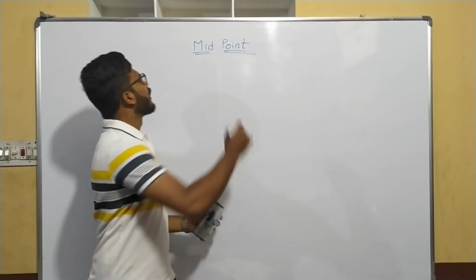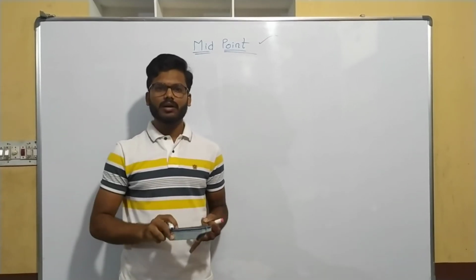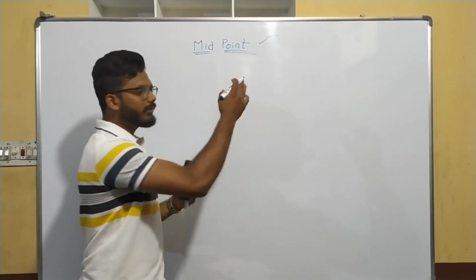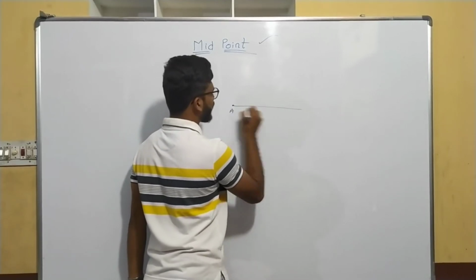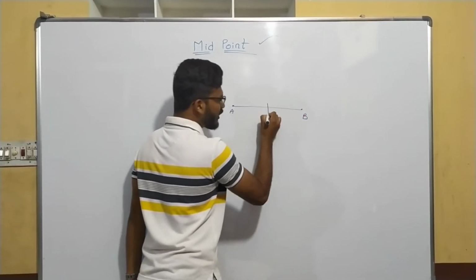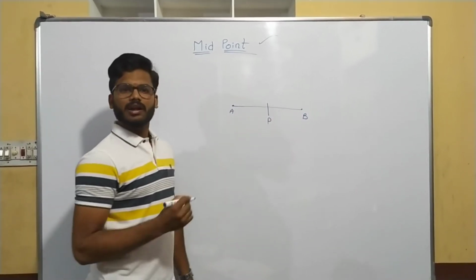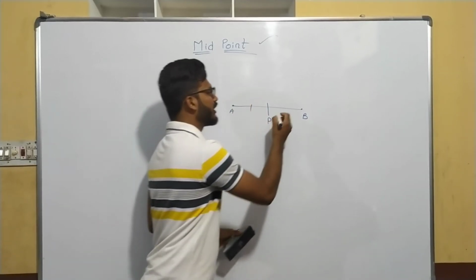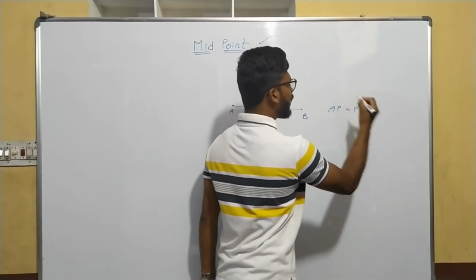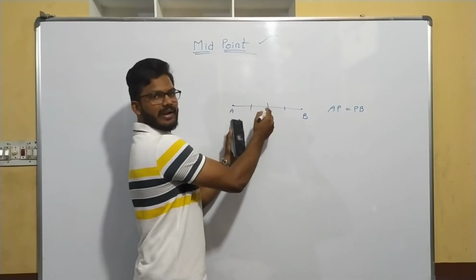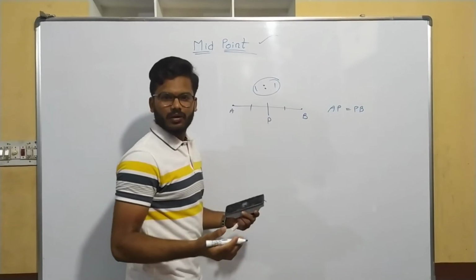Moving on to the next concept, midpoint. First, what I told, the first one is section formula, the second one is points of trisection. Now, how to find the midpoint between any 2 points? What is a midpoint? Midpoint is nothing but the point which divides into 2 equal parts, right? If P is the midpoint of A and B, then the distance from A to P is equal to P to B. Then what can you tell? AP equal to PB, right? Then can I tell this midpoint divides the line segment in the ratio 1 is to 1? Yes or no? I can tell, right?